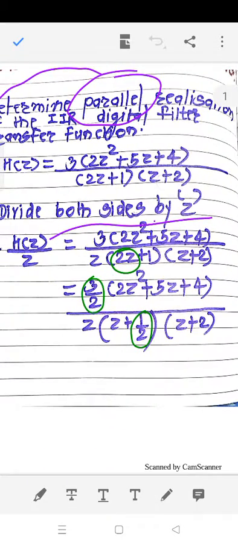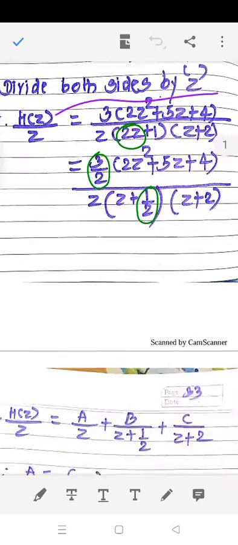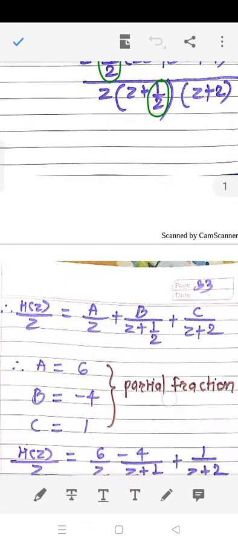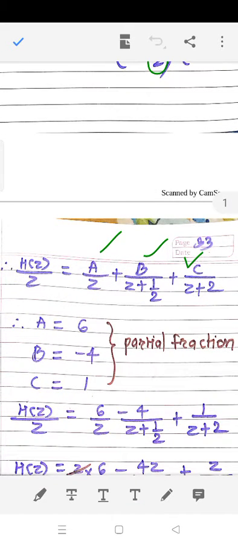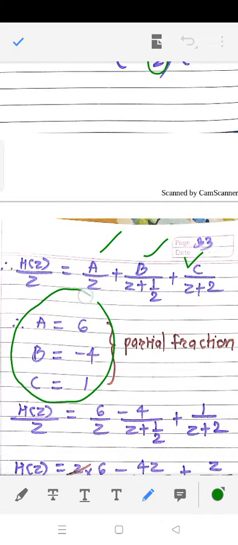Okay, so this is a very important step. First of all, divide H of z both sides, right hand side as well as left hand side, by z. So we will get this type of H of z. Now the same thing that we are doing, convert H of z by partial fraction. Now I have written it directly, it is your duty to find this out. I have written the partial fraction directly, you can find it in a very simple manner.